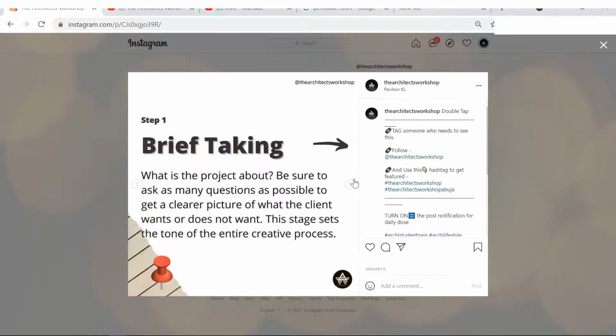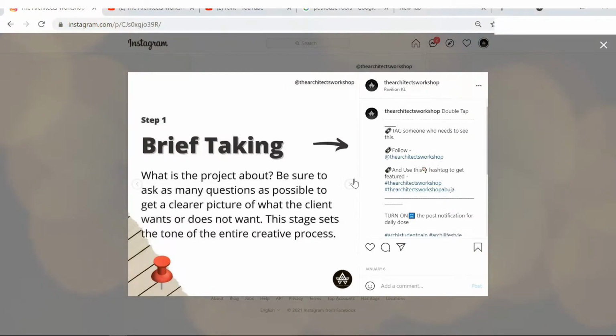He said, okay, I want a classroom. I want to teach students more about ICT. I want them to be technologically inclined. I want it to be just for girls. I want them to be age 8 to 18. He's telling you all the things he needs. Now, the problem with brief taking sometimes is